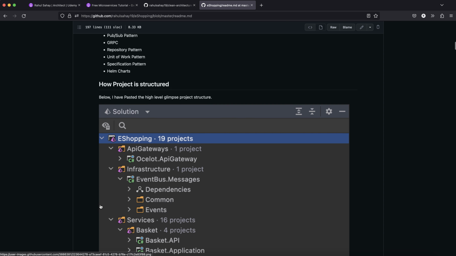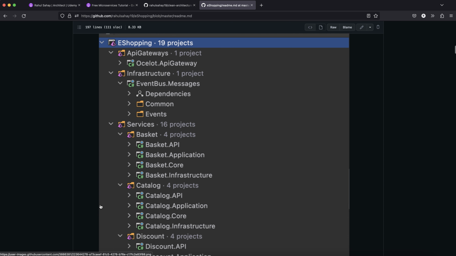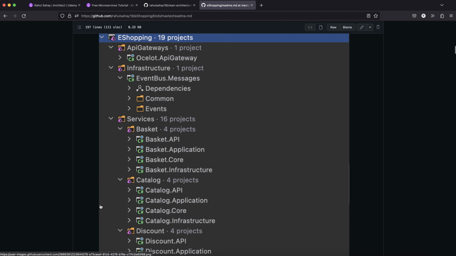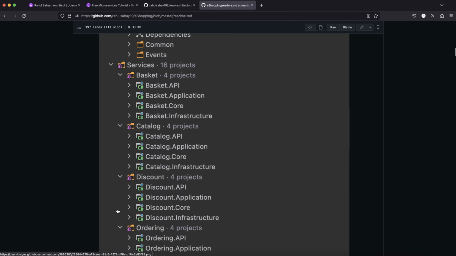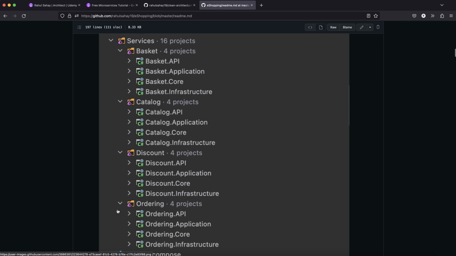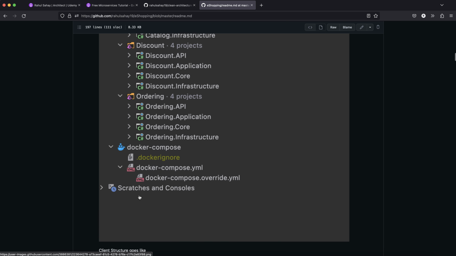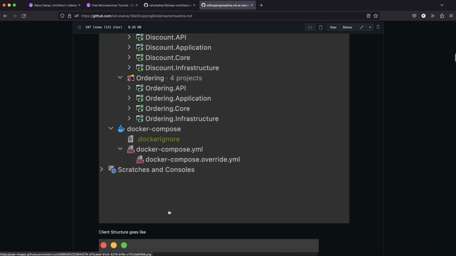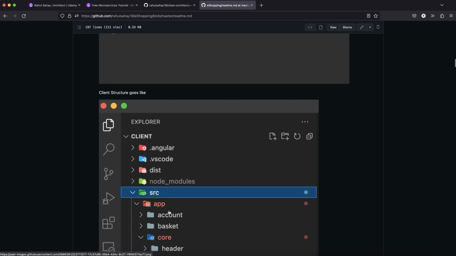And this is how the solution is structured. Of course, this is all API, starting from API gateways, infrastructure, and then the services which it involves: basket, catalog, discount, ordering, other microservices as well, which is there in clean architecture, plus the Docker Compose file, of course, which will give you that how to stitch all the microservices together. So you guys will get to see all these bits in detail when you are taking this particular